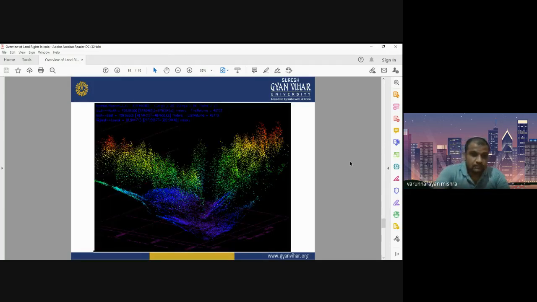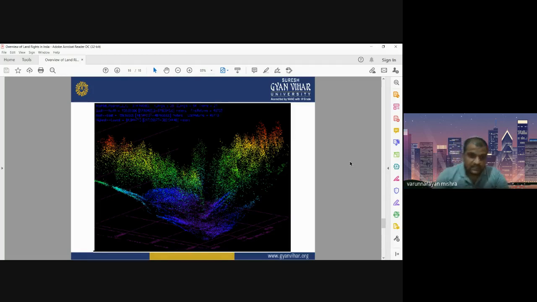So this is the point data sets. This is the sample image. Whatever you are observing here, these are the point values. The lidar provides us the data in the form of point values. You see here, these are the point values. All point values will have different intensity levels. Depending on different intensity levels, we can provide different colors to the point data.